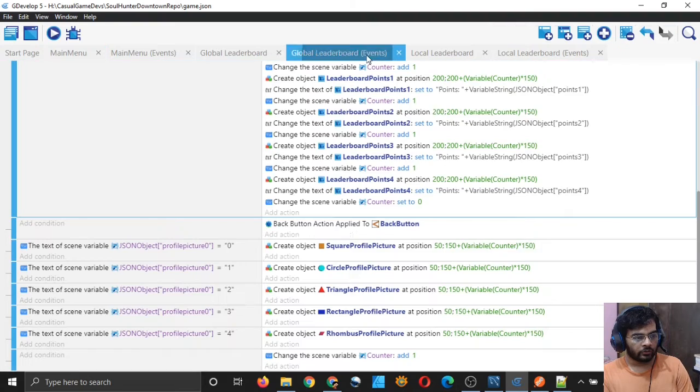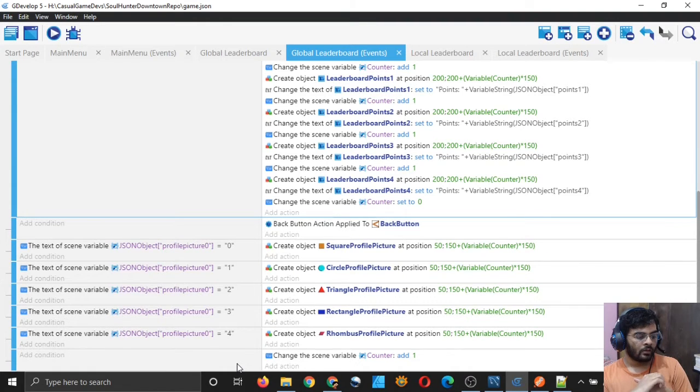And now we need to display different profile pictures for different people. Right now it is displaying 5 different profile pictures, and it should not do that. It should only display one of them, one profile picture, right?